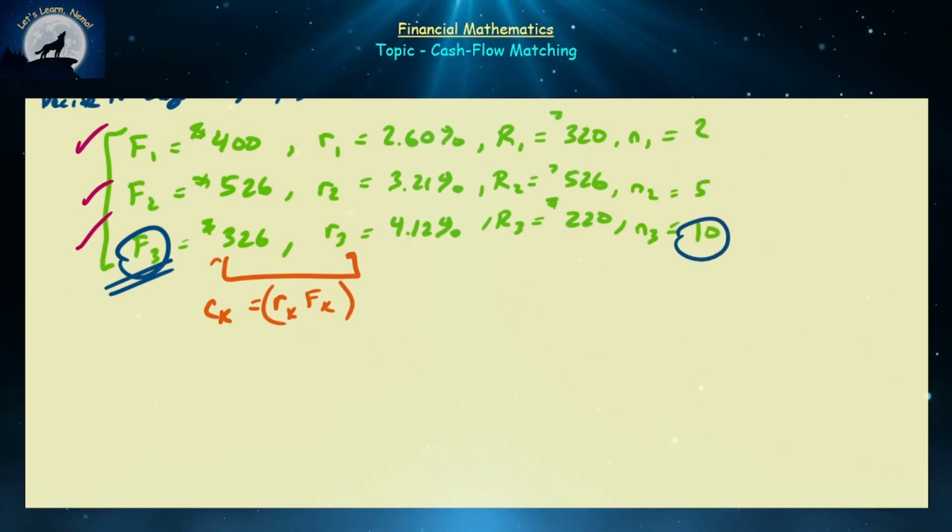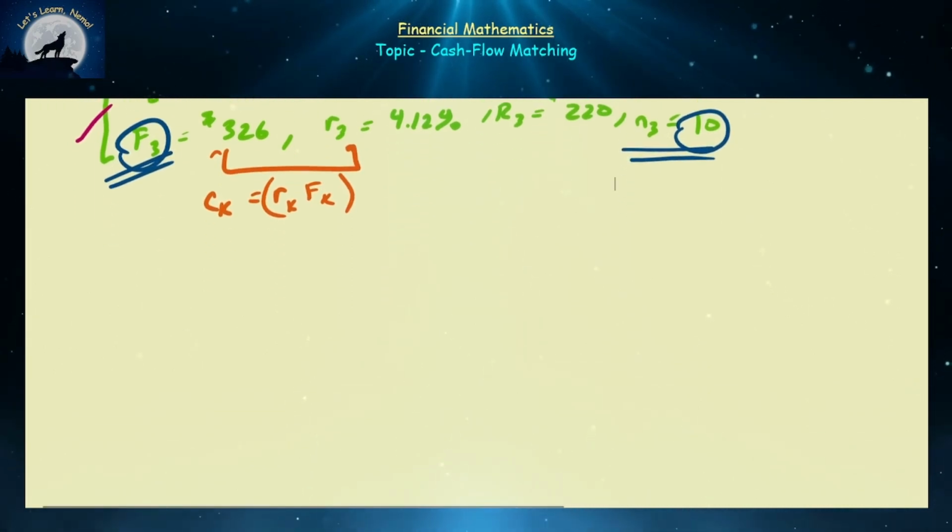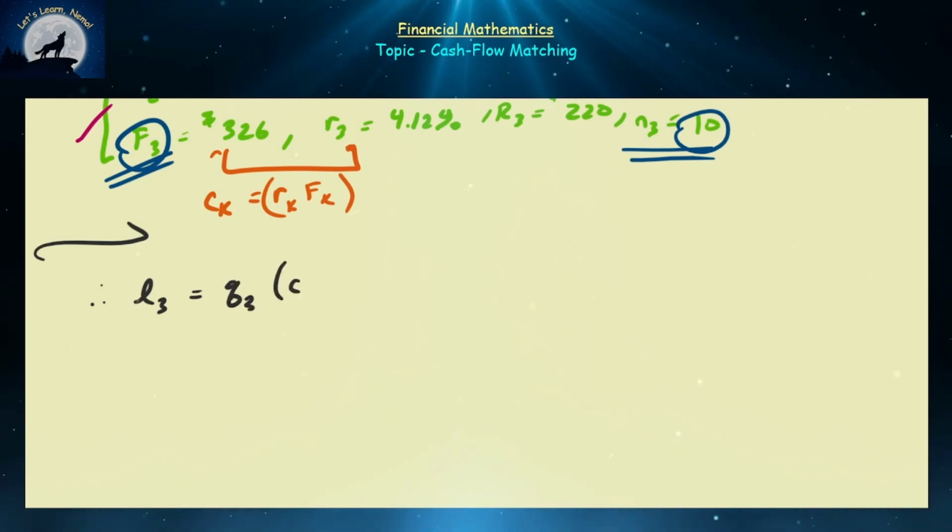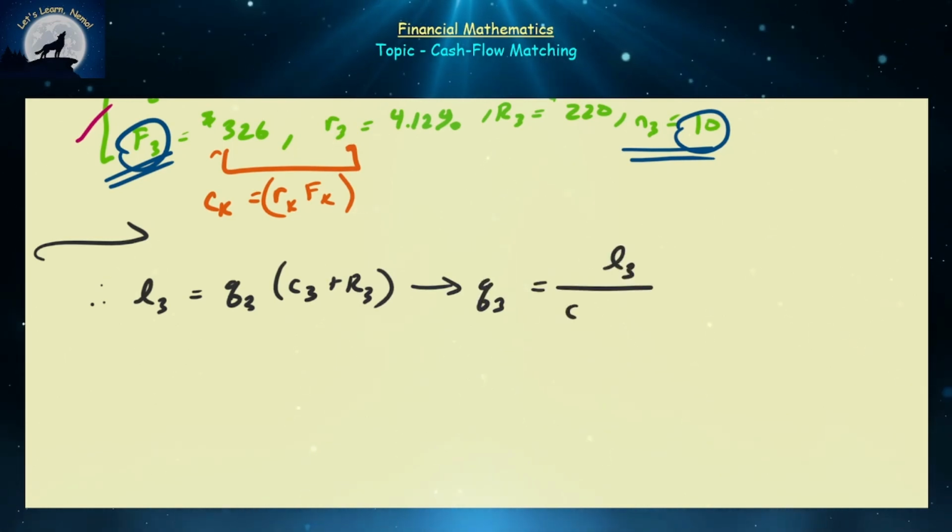So we're going to start by analyzing how much of stock number 3 do we need to invest in. So remember, we only have one liability at time t is equal to N3. And that's L3 needs to be price matched to Q3 times (C3 plus R3). Solving this equation for Q3, you're going to get Q3 is equal to L3 divided by (C3 plus R3), generally speaking. And once you plug in all those numbers, you can get approximately